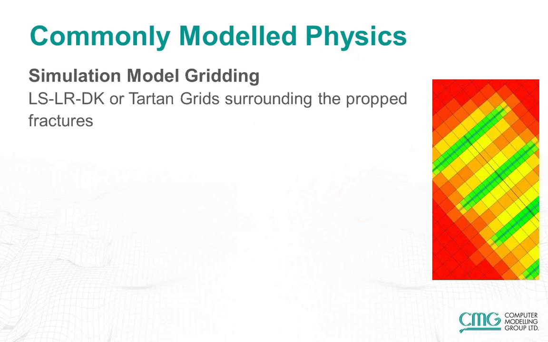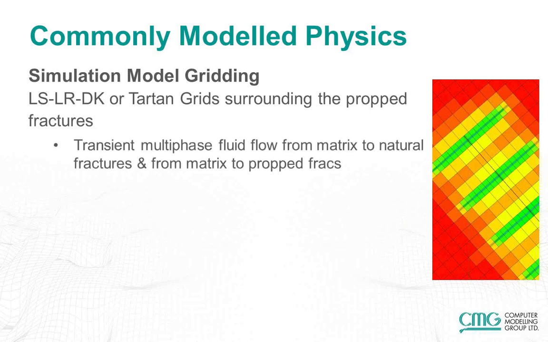It's also important when we look at the gridding for the model to be able to have gridding that accurately accounts for the fluid flow near the fractures. What we typically recommend with CMG is to use the LSLR-DK method or the Tartan grid method for modeling these types of propped fractures. This method incorporates local grid refinement around the hydraulic fractures with logarithmic spacing of the gridding